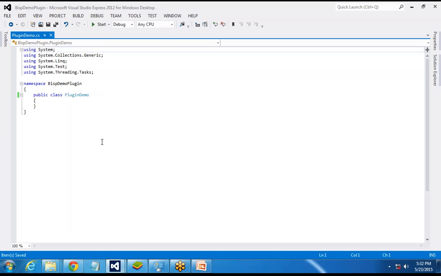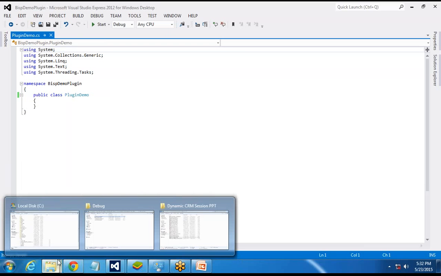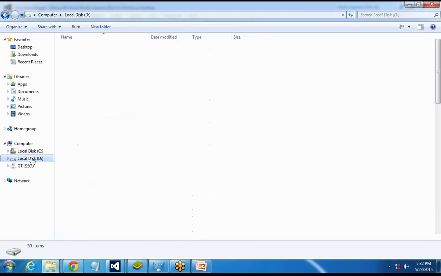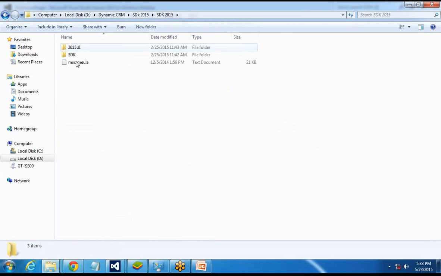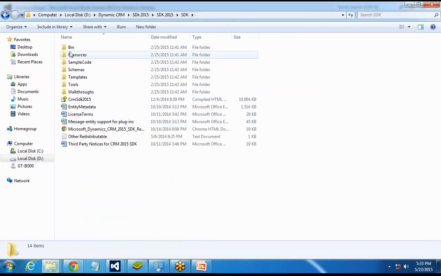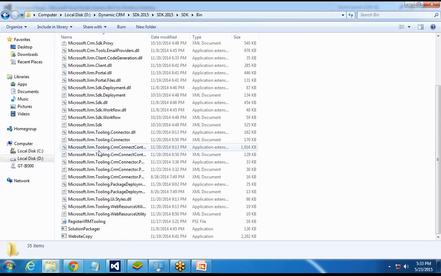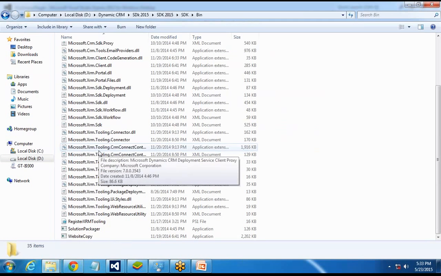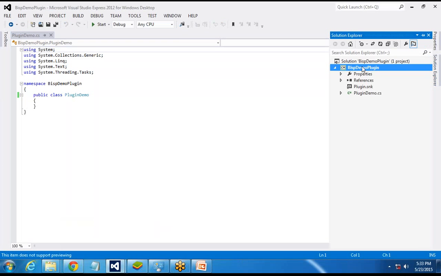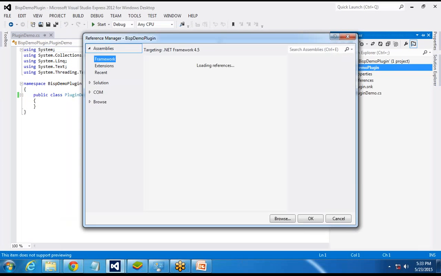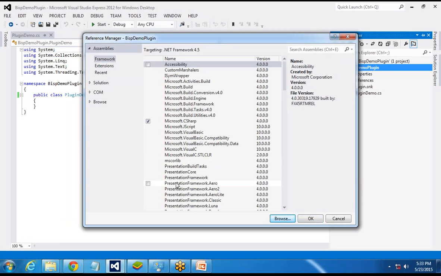Once it is done, we need to add a reference for our SDK. There are two ways. Either you can download and save the SDK on your system. In my case, I have already downloaded and copied the SDK 2015 on my system. Here we have various files which we have to import in our application. Either you can right click on this and add reference, and we can browse and add them,